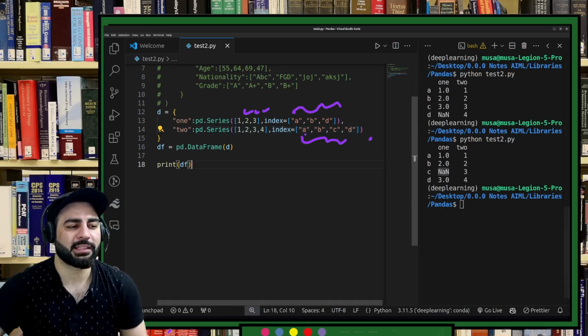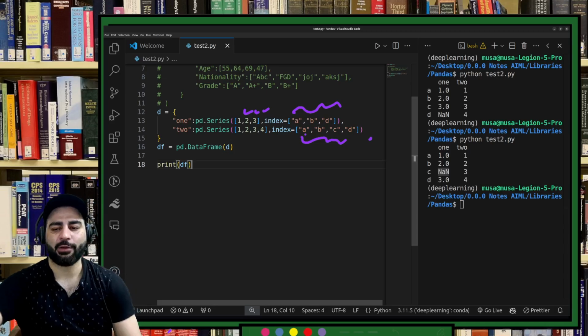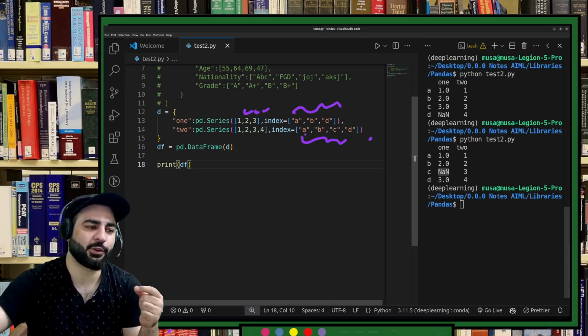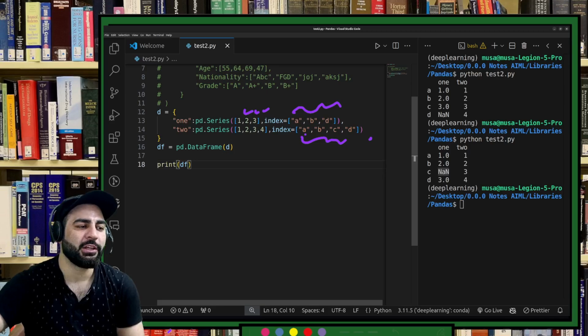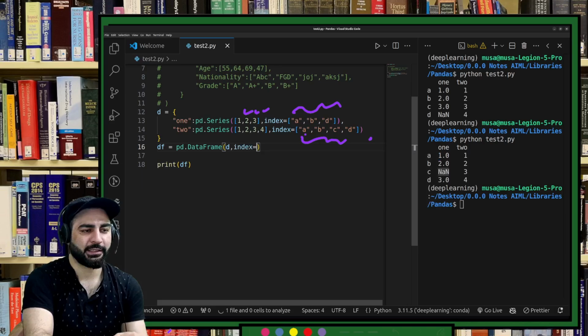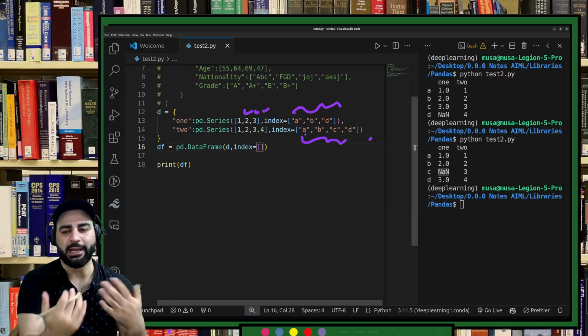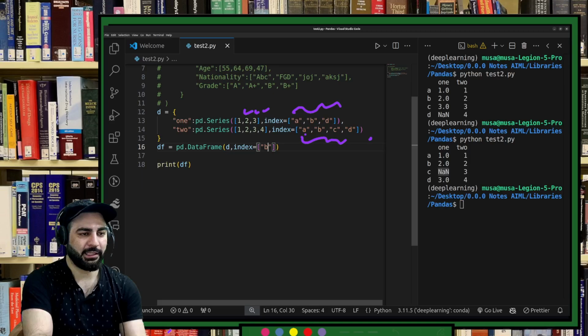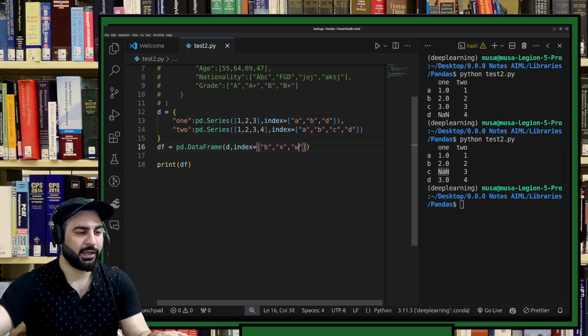Okay, now let's suppose you want to reindex this. I was telling you how to reindex things. I wrote that function, index. So what you can do is say pd.DataFrame, comma, and you can put your own index. Let's suppose you want to put your own indices, say D, maybe B, comma, X, comma, W, something like this. Now if I print this,